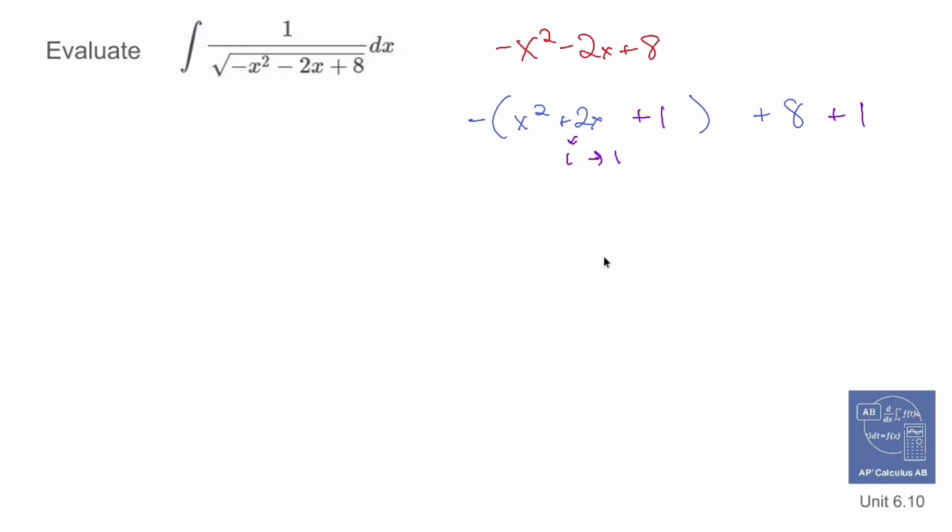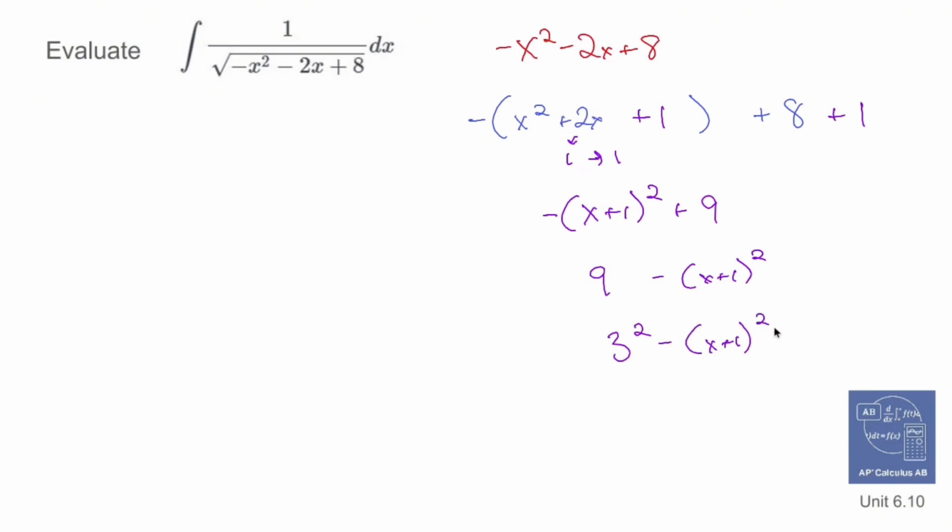But this is good news, because that becomes negative x plus 1 squared plus 9. Now rearranging it like that, because it's the same thing, and then turning u into 3,